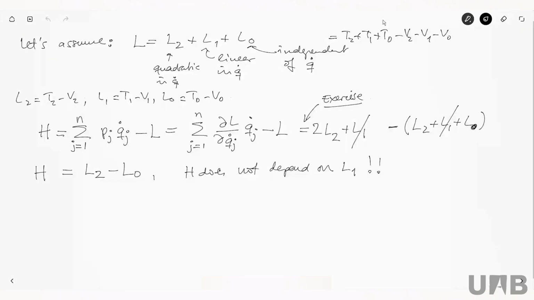So if you remember, last day we realized that the Hamiltonian only depends on the part of the Lagrangian quadratic in velocities, minus the velocity-independent part. This is a general result, starting from a Lagrangian which is quadratic in velocities, with a kinetic energy which is the usual 1/2 of mv squared. Now we're going to see what the relationship between the Lagrangian and the Hamiltonian is in a generic case. So let's just start